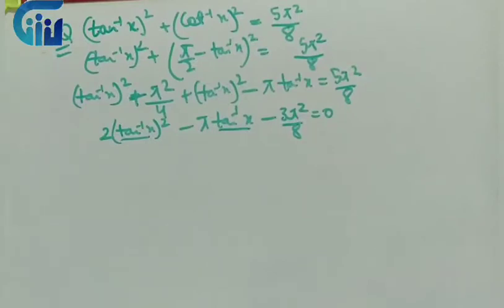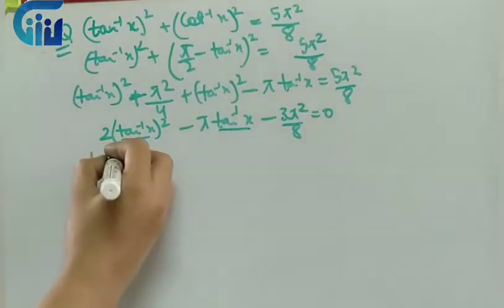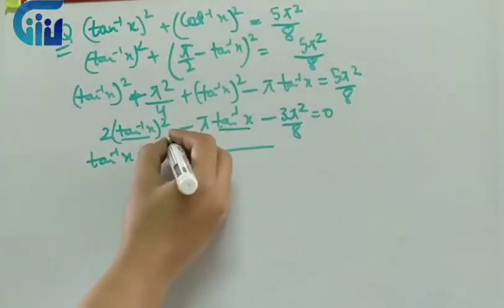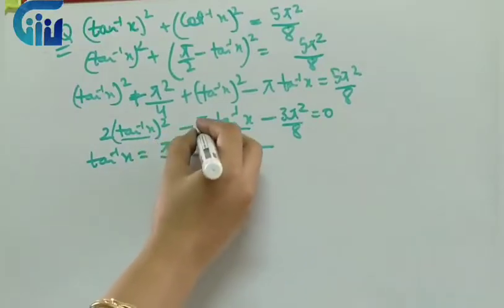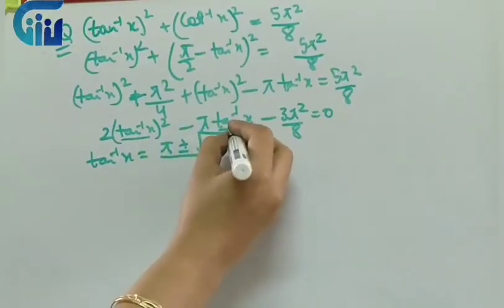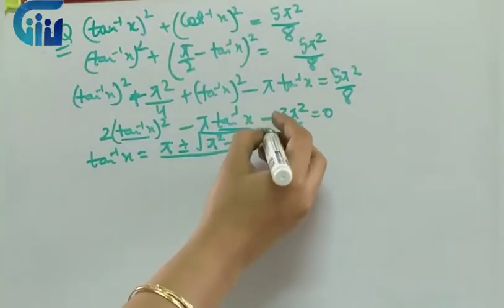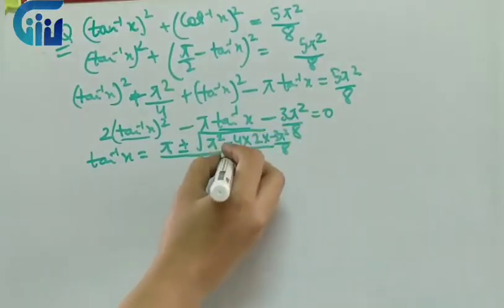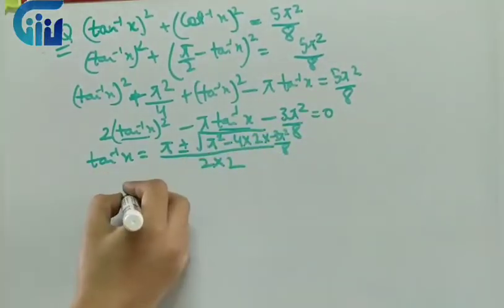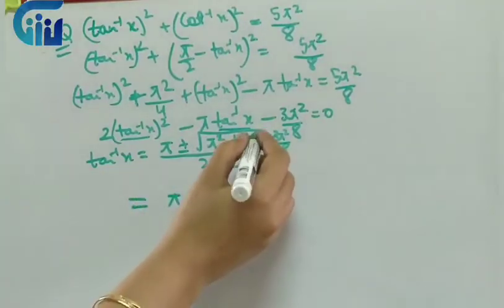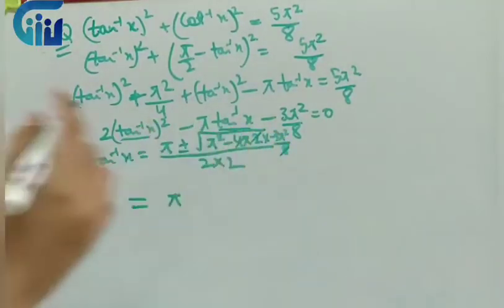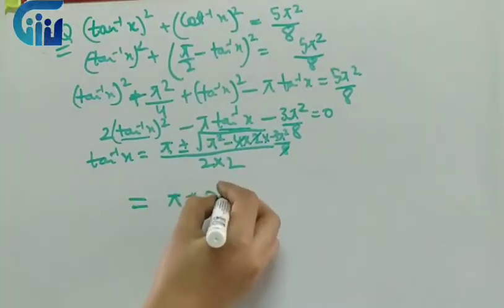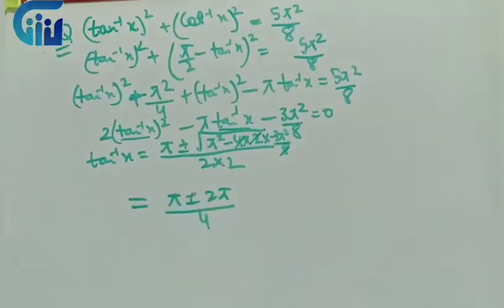So now we have to solve for x. So I'll just apply the formula. We will say tan inverse x is, if you remember the formula, minus b, so it will be pi over here, plus minus root of b square, that is pi square, minus 4a c, where c is minus 3 pi square by 8, and this is over 2a. So if I solve this up, let's see what we will get. Pi square plus 3 pi square will give me 4 pi square, which if I open up the root will be 2 pi, and over here we have 4, right?